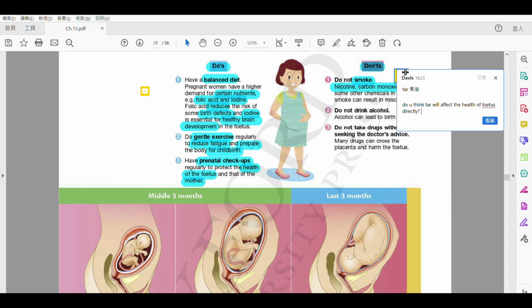The answer is no 嘅。Okay, so of course tar will affect the mother's body，佢會 affect 佢嘅 respiratory system 啦，即係佢嘅呼吸系統啦，respiratory system 啦，but it will not be able to affect the fetus directly，直接嘅唔會啦。Of course, if you're saying like the provision of your oxygen will be lower than your healthy mother 嘅話，然後 this may be, but this is an indirect 嘅 effect 啦，得唔得？